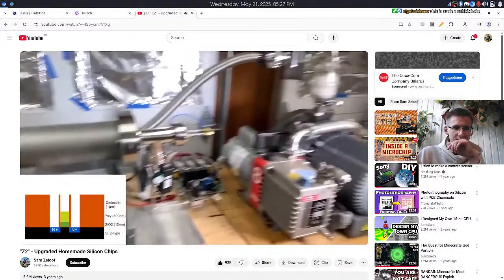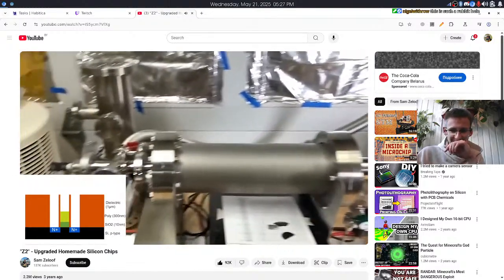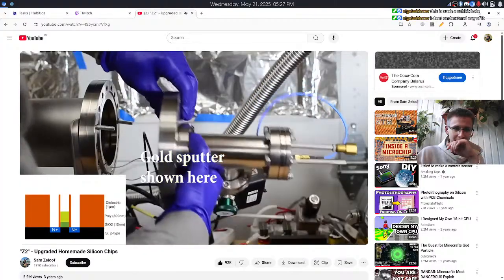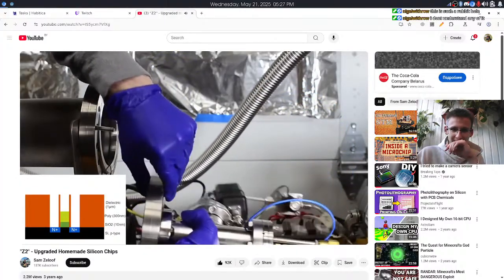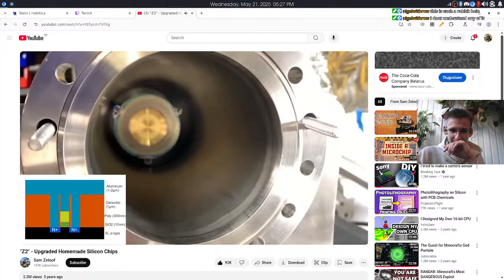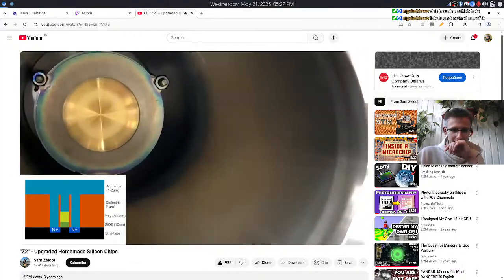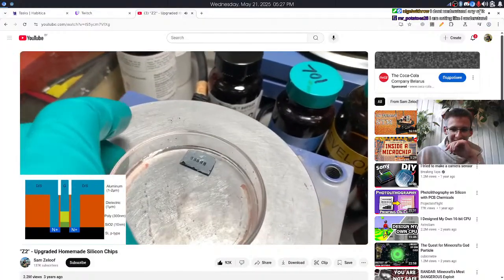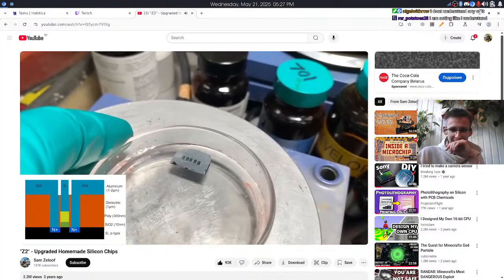Then we stick the wafer into a vacuum chamber to either sputter or thermally evaporate metal. I'm evaporating aluminum, a thick layer of about a micron or so, and then we do the whole photolithography process again, spin coating and exposing and developing to define that metal layer. Once that's done, stick the wafer into a warm phosphoric acid bath that etches off the residual aluminum, and finally